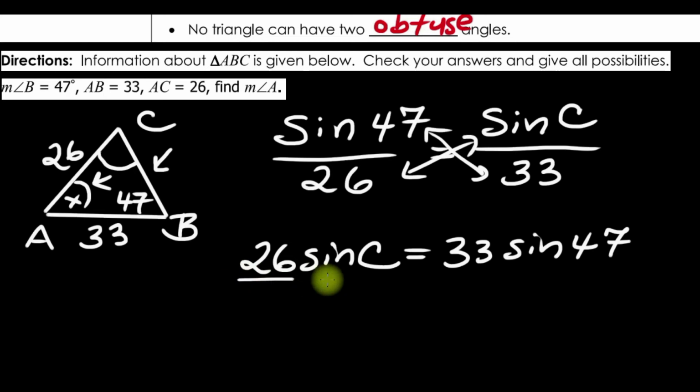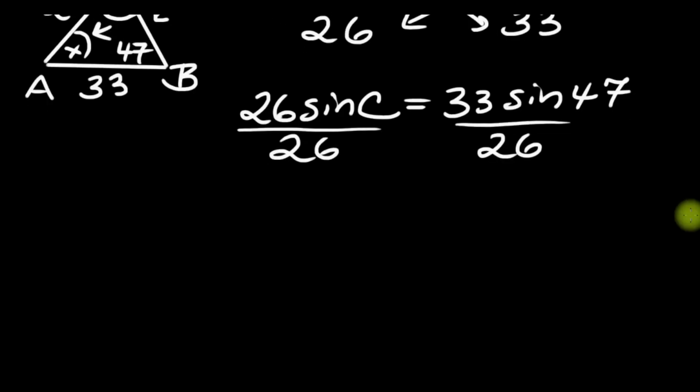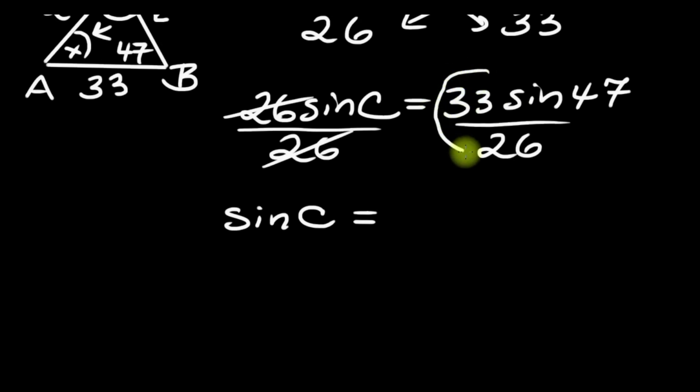And then divide by 26. Okay, so 26 over 26 is 1. So you're left with sine angle C is... So now we have to input this into the calculator. Okay, so when you input 33 times sine of 47 divided by 26, you get